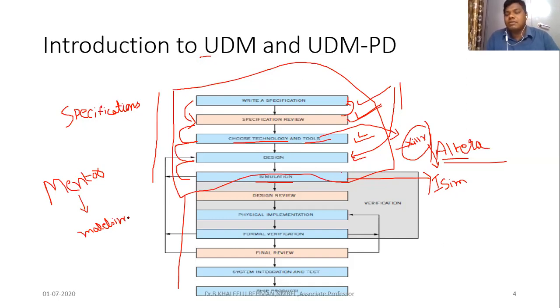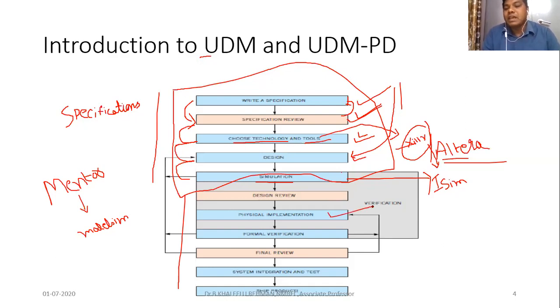We have seen a simulation of all the logic gates, then a simulation of the parallel adder with carry, and we have also seen a simulation of the square root of a number. All these things were discussed in the previous lecture. After that simulation, we will be reviewing the design. The testing team will test whether the simulation is accurate or not. Then comes the physical implementation.